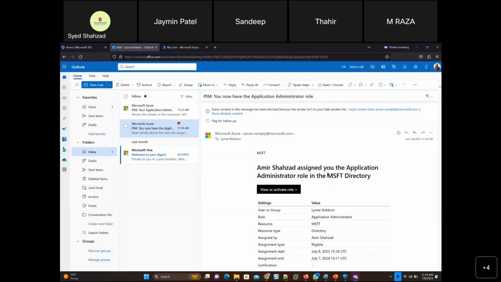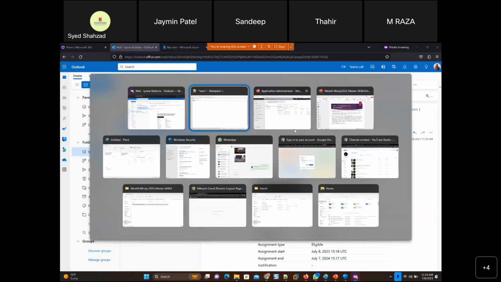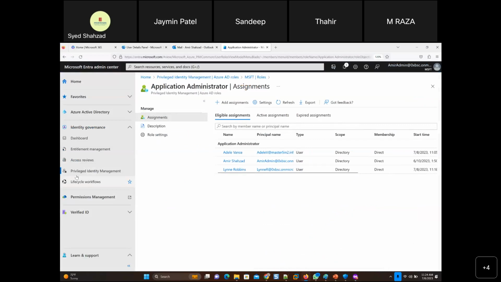You just tell them that you want to activate that again, it will be audited, and the request will go from your Outlook. So we are keeping an eye on your activity. So those checks and balances are there. Suppose you don't need the global admin or application administrator role for the next 3 days, and you're doing your work, and then after the third day you suddenly need the application administrator privilege. You come back here, activate it, use it, and then just let it expire, right? So this is the excellent check and balance that has been offered by privileged identity management.